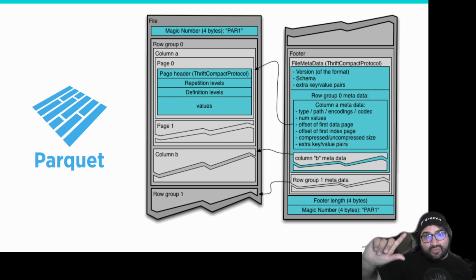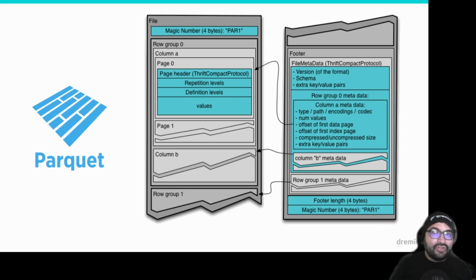I can see what the range of values for the height column for that row group is and determine whether I need to bother loading that row group at all. So by just reading a sliver of metadata, I could possibly skip reading a much larger chunk of data to make my scan much more efficient. Okay, so that's benefit number 2. The metadata and the breaking up of the data into row groups allows us to more intelligently scan the file.